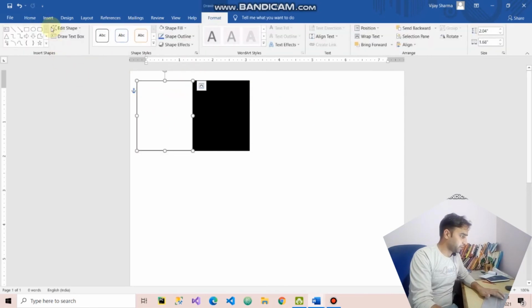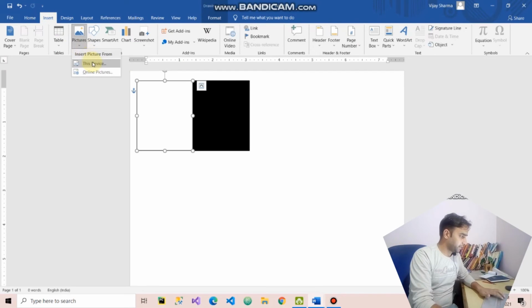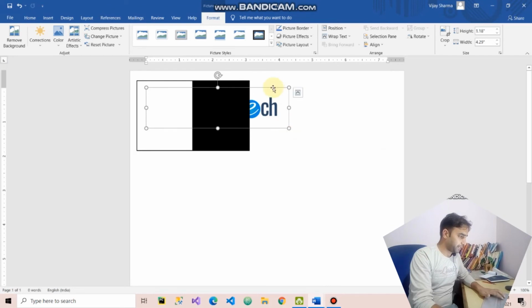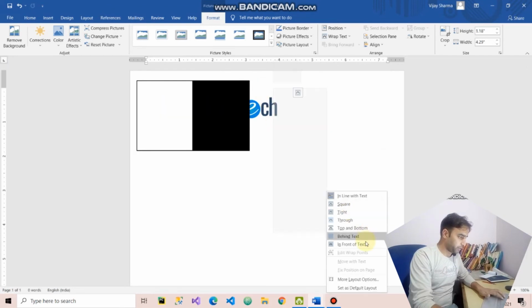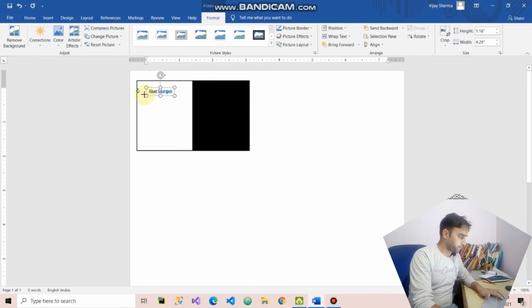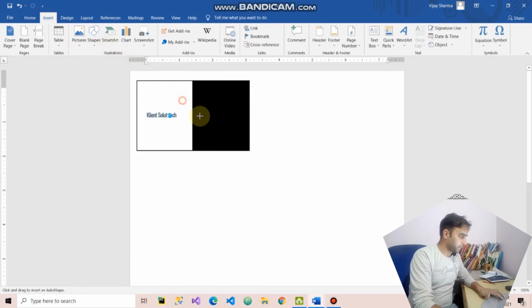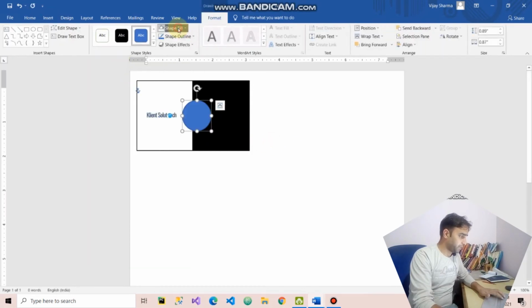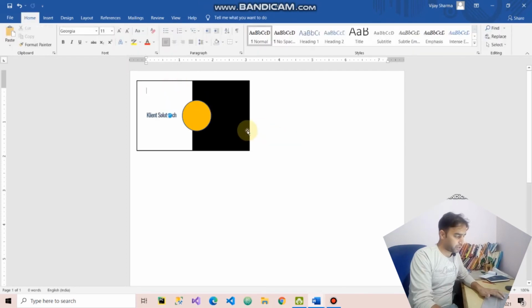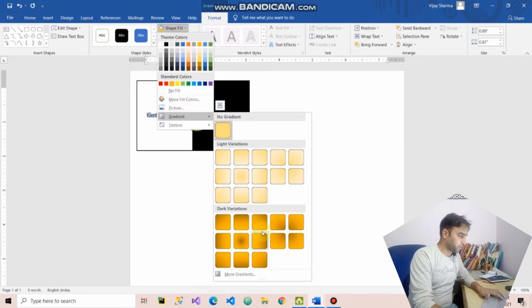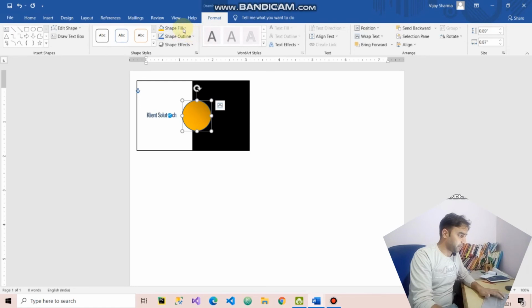And now if I want to insert an image here, just visit insert and insert the image that you want to display. Now it's on the back side. Right click on this and click on in front of text. And after that, you have to use all of these shapes as per your design idea and what type of business card you want to create. And you can also use various other options, gradient functions and layouts.